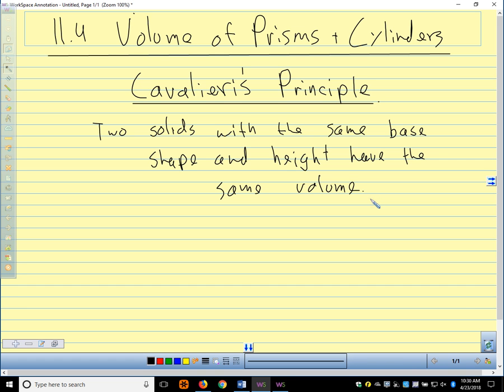So what Cavalieri's principle is telling us is that if we have a right rectangular prism, and we're going to imagine that this stack of books that I have here is a right rectangular prism. So it has a base, the area of the base is the area of the book that makes up the base, and the height is however many books tall this is. What Cavalieri's principle tells us is if I make this stack slanted,